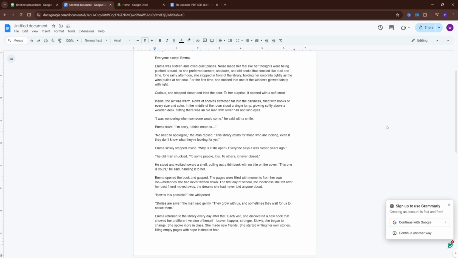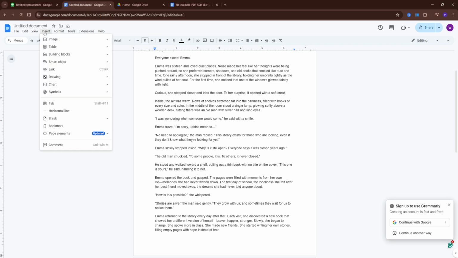So first thing, open up the Google document you want to protect. Open the Insert menu here at the top toolbar. So, Insert. Now select the watermark button from here. If you don't find it right here in the Insert drop-down menu,